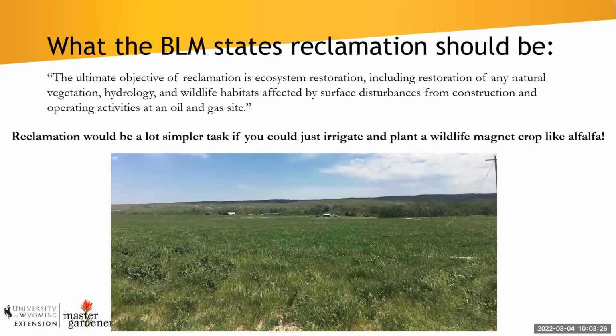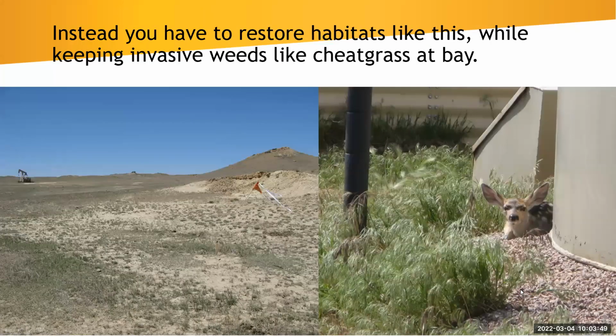it sounds simple, but it could be complex depending on the amount of disturbance. So this picture kind of illustrates, if we had the ability to irrigate and plant, like in production agriculture, it'd be pretty simple. You could just plant a field like this of alfalfa, which is a wildlife magnet, and you'd be done. But no, instead, you're probably going to be asked to restore habitats like this, say the oil pads from oil drilling in very dry habitats, such as this up at the AU7 ranch